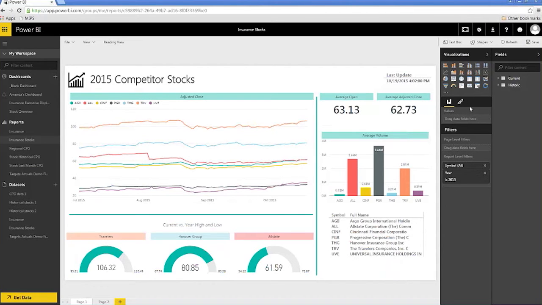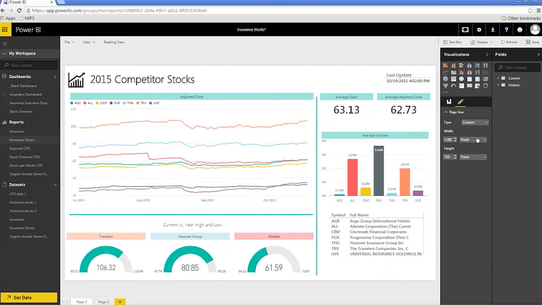But now, what we can do is go into this visualizations pane, hit that Format Painter, and now we have this page size option where we can change it to a particular ratio, go back to that dynamic default view, or actually hit custom and specify the exact pixel dimensions for the width and height that I would like my